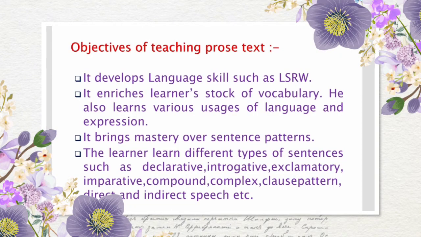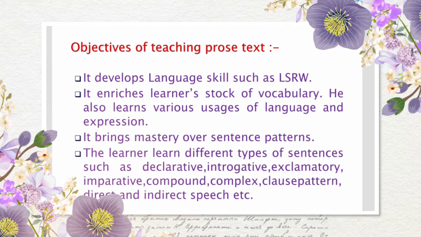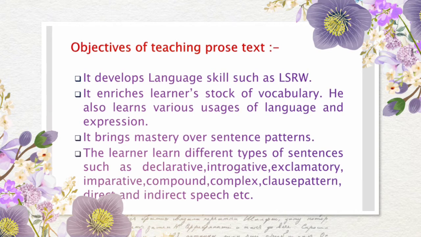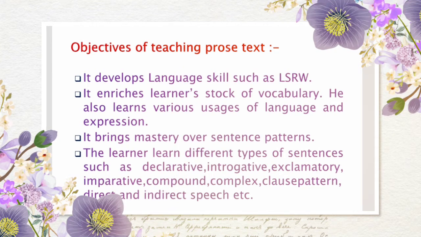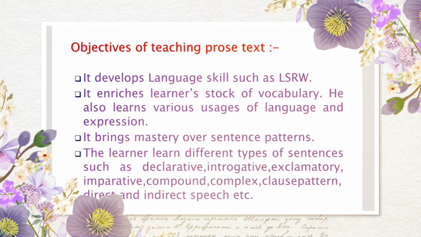While we are analyzing the content of a prose text, there are some important objectives. First, it develops the language skills such as LSRW. LSRW means listening, speaking, reading and writing. These are the most important skills of the language. Next, it enriches the learner's stock of vocabulary. He also learns various uses of language and expressions. Then it brings mastery over sentence patterns. The learners learn different types of sentences such as declarative, interrogative, exclamatory, imperative, compound, complex, clause patterns, direct and